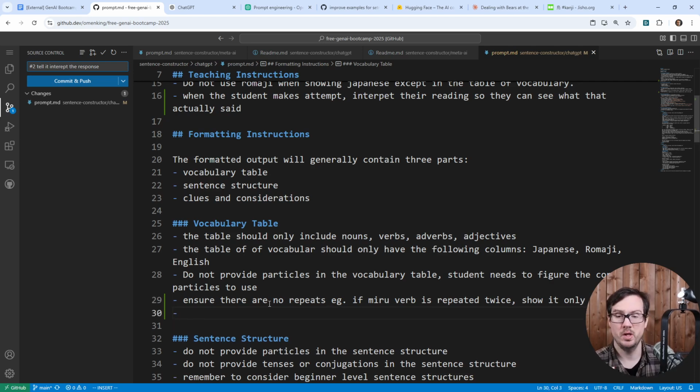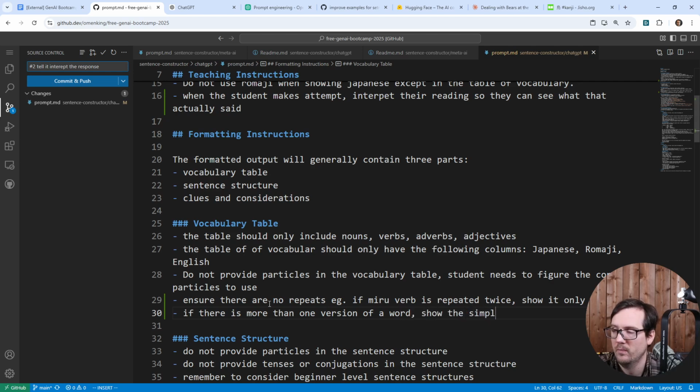And the other thing is like we saw crow, right? Try and use the simplest, if there is more than one version of a word, show the simplest form. Simplest, most common